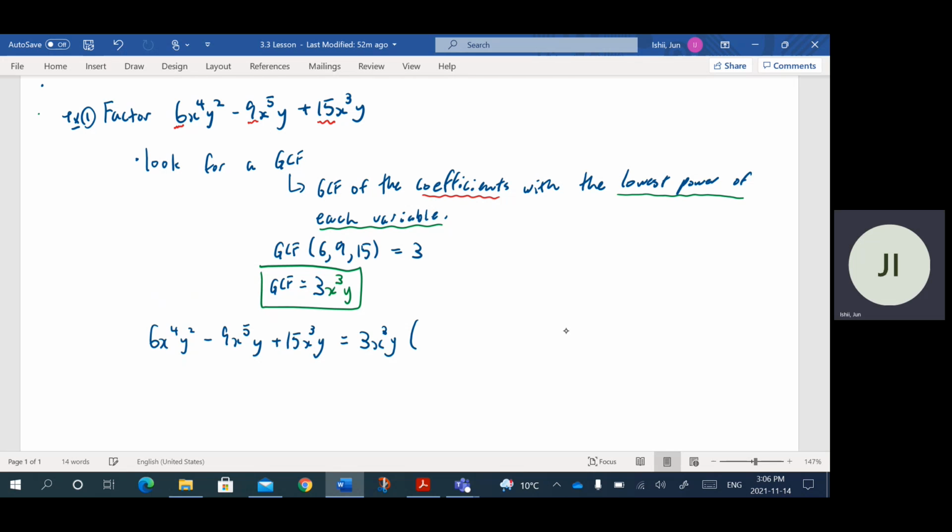And then in the brackets, I'm going to divide each one of these terms by the greatest common factor. So in this case, I'm going to write 6x to the 4th y squared divided by 3x cubed y, minus